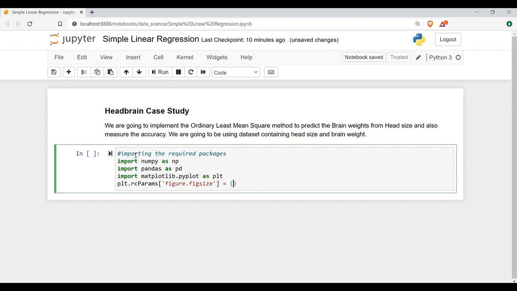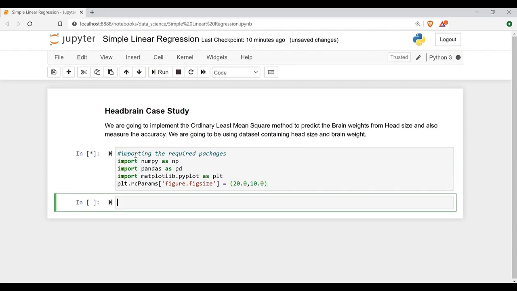we'll just give a figure size here, that is 20.0, 10.0. So width and height I have just mentioned for the figures. Whatever figures we are going to plot will be bigger in size, with 20 and 10. 20 is the width and 10 is the height. So now here first we have imported the basic packages which we need, and after that we'll be reading the